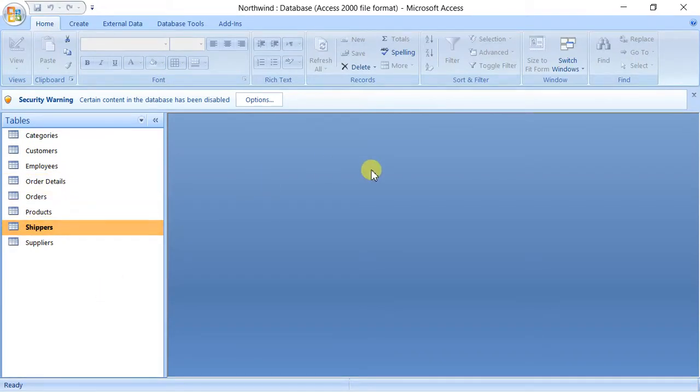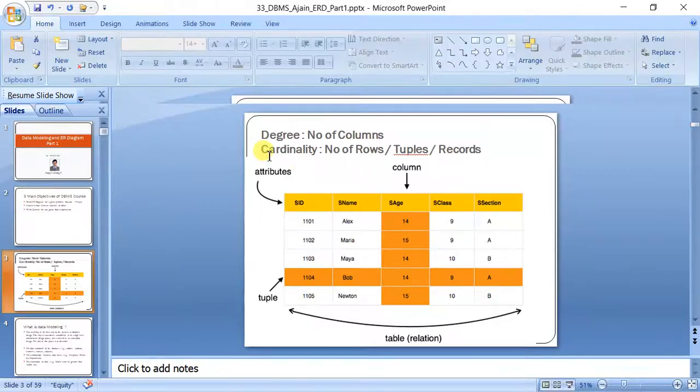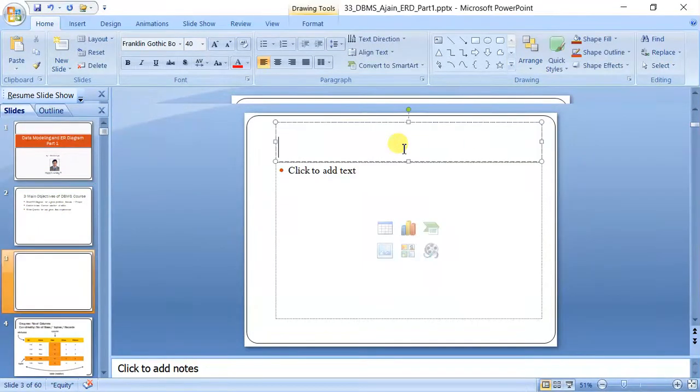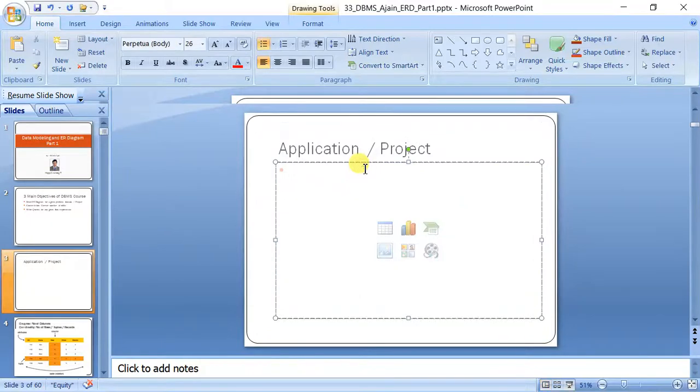So ultimately, we need to develop an application, and that application will have two parts. We have seen in the previous videos and previous topic, and let me write it here also, that every application, or you call it every project, will have two components at least, that is a front end and a back end. Front end means user interface, and back end means DBMS, or in other words tables.